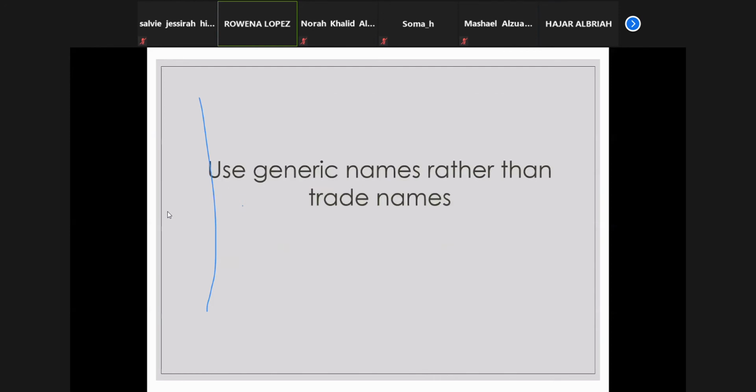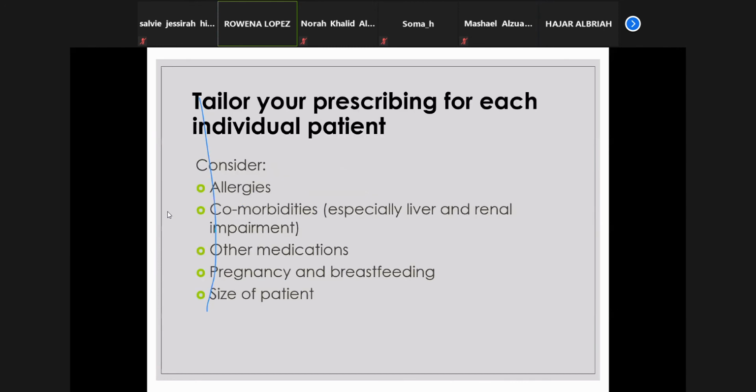Use generic names rather than trade names because you will never be wrong. Tailor your prescribing for each individual patient. Consider the allergies. That's why in our documentation, it's very important that you ask the patient, what are your allergies, okay? Do you have any allergies from shellfish? Do you have allergies with